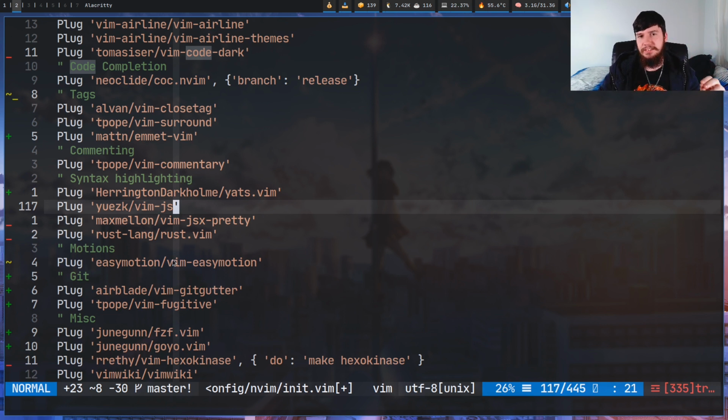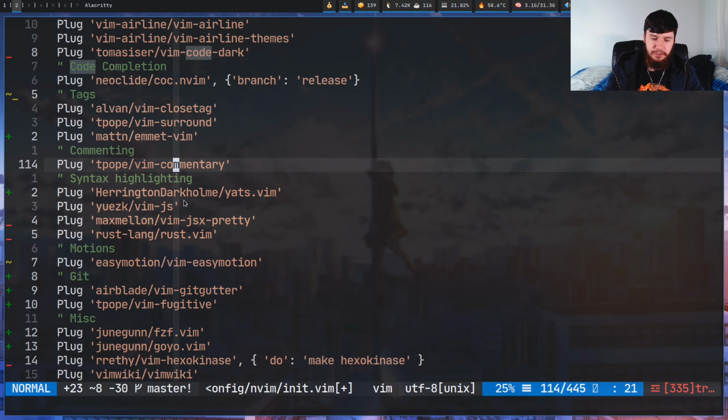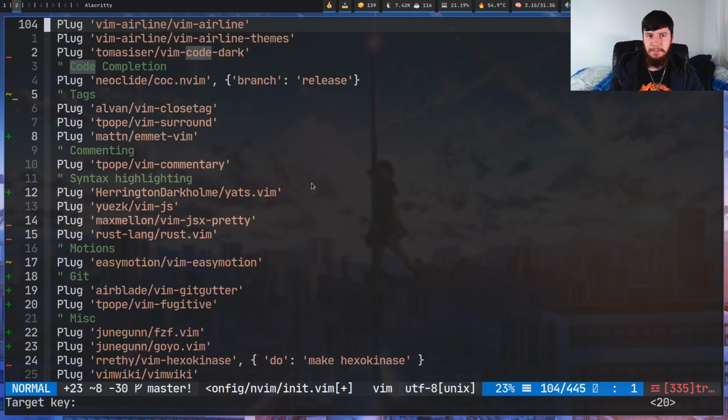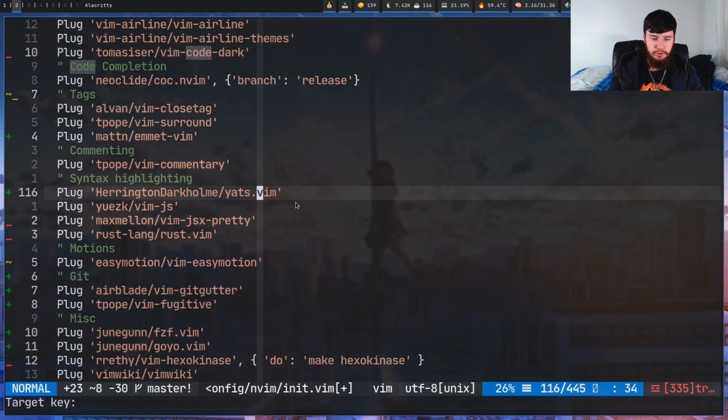Anyway, next up we have Vim Easy Motion. Previously I was using Vim Sneak. However, Easy Motion encapsulates everything that Vim Sneak does and then everything more. If you didn't watch my video on Easy Motion, it lets me do things like, say, space, and then press K, and then jump to any line that's visible on my screen. So I could jump up to line J, or I could do, say, space, W, and then jump to a word. So I could jump to this word right here by pressing JL,